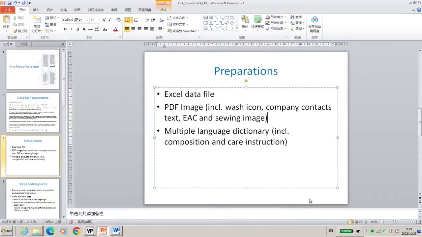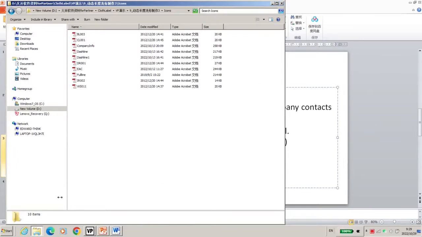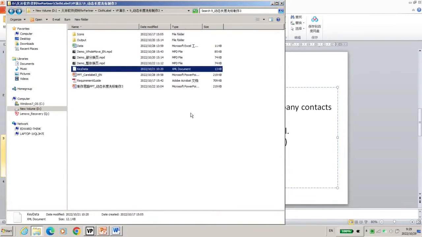That's the second preparation, and the third preparation is the dictionary. It's very important, so I will show you. The brand owner, your customer, uses a dictionary, but the format is Excel. In the Excel there's cotton, how to say it in English, Japanese, Chinese. But it's difficult for software to access, not only Haya, all software. In Haya software, we translate your Excel into an XML-based document.